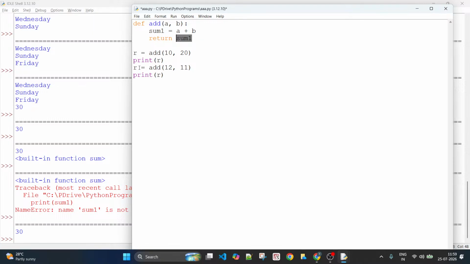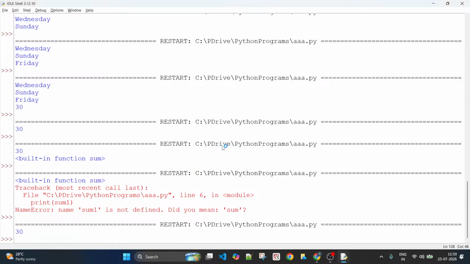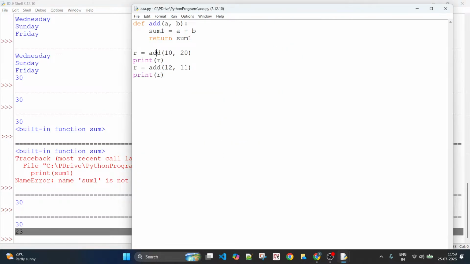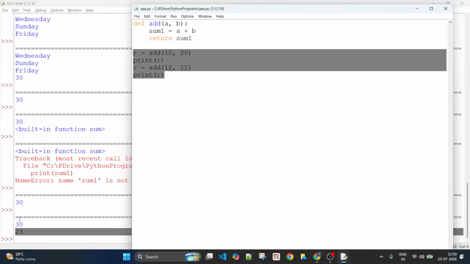It will be returned back, and that return value 23 will be stored in R, and you are printing R. So just go and run this. Yes, 23 is what you get. There are two calls that you made now for add function with different arguments. In this case, you'll be getting 30. In this case, you'll be getting 23, and that is what you see in the output.